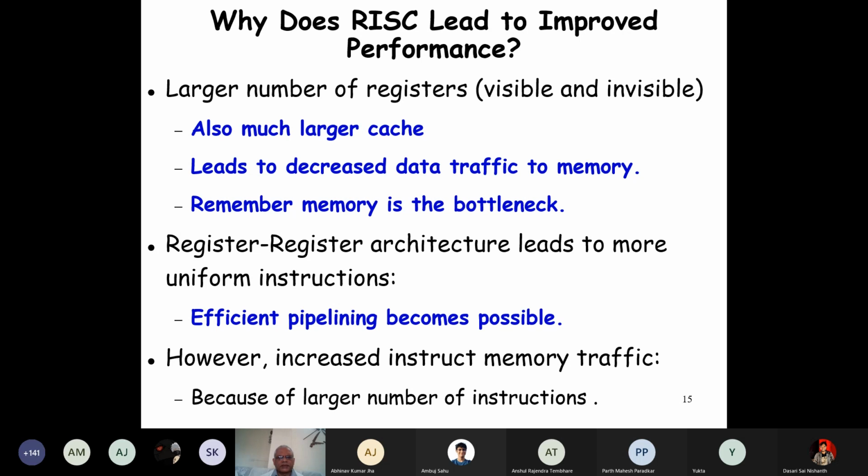And register to register architecture, all the instructions have only register operands. See, if you have the memory addresses, with a large memory, the address size has increased substantially. So a large part of the instruction, you have to just store the memory address. Your instruction size will become dozens of bytes just to store the memory address. But fortunately, we have all operands in register, and the size of the instruction is small and uniform. All are only 4 bytes. We are able to manage with register architecture, which is not possible in CISC. And also efficient pipelining becomes possible.